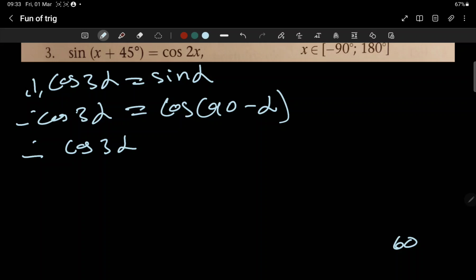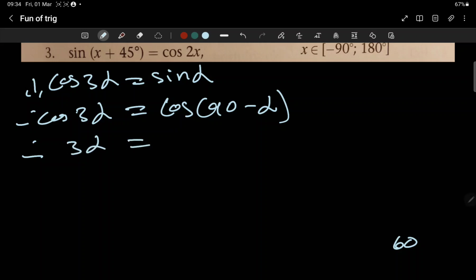From that trick of saying if we have cos x equals cos 30, x will therefore equal 30. If we have sine 60 equals sine a, therefore 60 equals a. If we have tangent of 45 equals tan b, therefore 45 equals b, and so on. So in this case, therefore 3